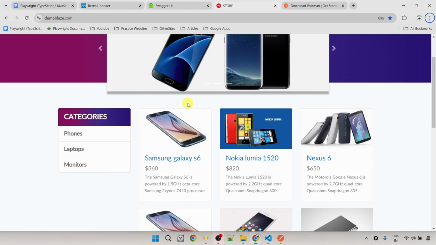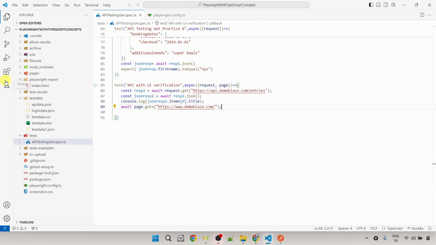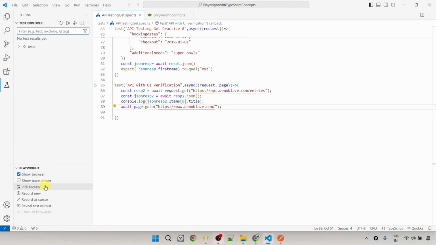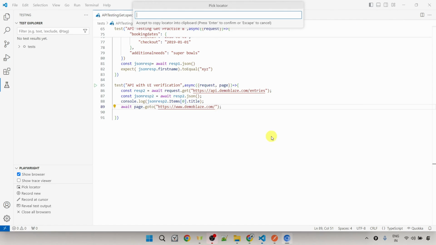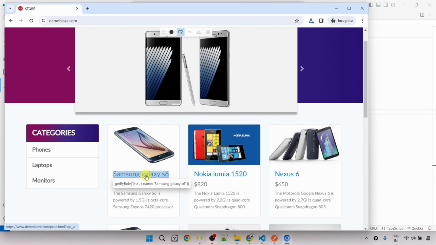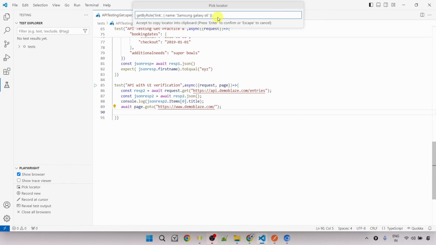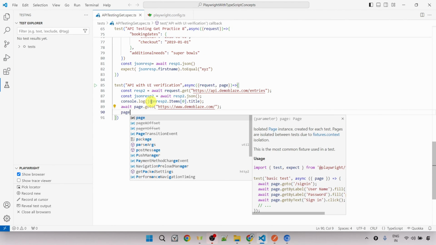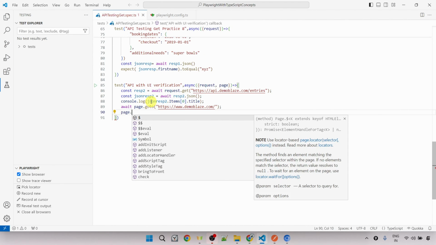Now let's find the locator for this element. So let me use the pick locator for this thing. So click onto the pick locator here. And here I can look for this particular link. And once I mouse over onto this particular item, I would be able to see the locator for that. Click on it, go to the VS Code, hit enter to copy the generated locator. And here I can use this page dot, and then I can paste the generated locator for the first card's